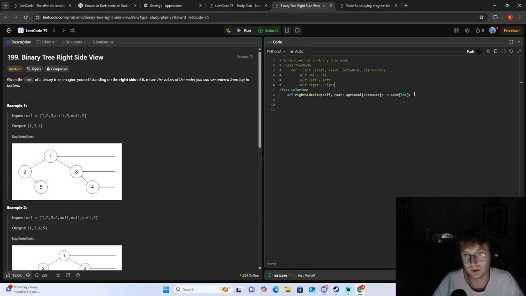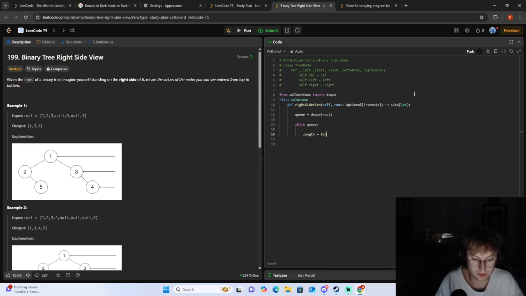So to solve this problem here, we want to import a queue from collections. Import deque, right? We want to initialize a queue, so queue is equal to deque, and we want to pass in probably our root, right? And we want to do while queue. We want to call our length. Length is equal to the length of queue. Then we want to loop through our for loop, so for i in range length. Sorry, we can put length here, I guess. We want to check, well,